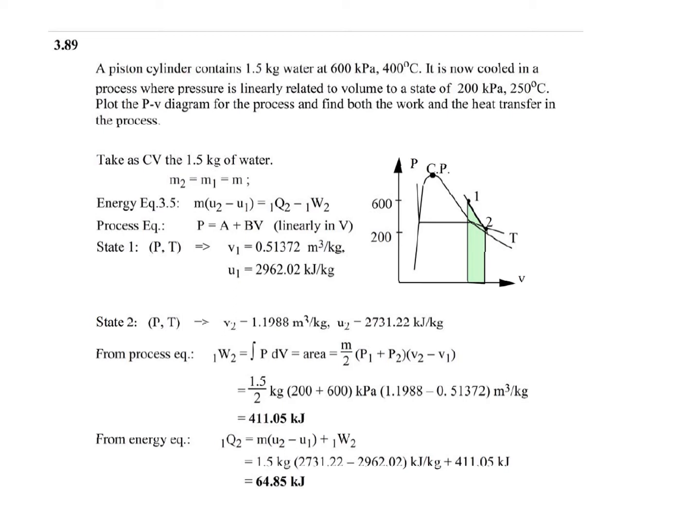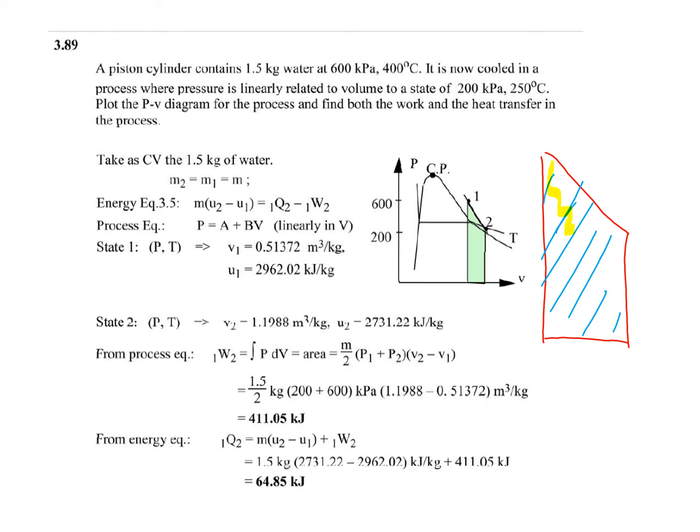So when we are going to find the work done, we will be looking into solving this problem geometrically, and we will be using the area of this trapezoid to find out the total amount of work that has been done by the system during this process. And this can be seen over here.